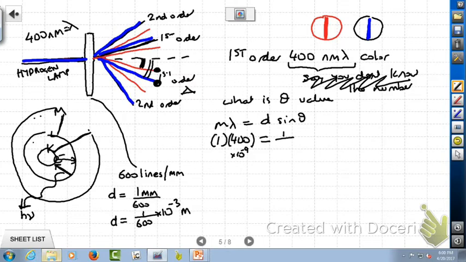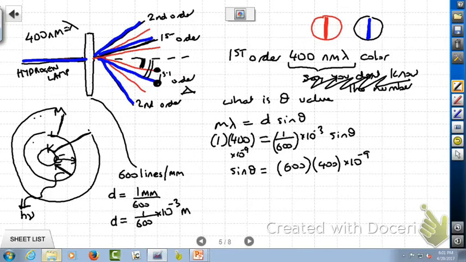And d is 1 over 600 times 10 to the minus 3, and that is sine theta. So sine theta is equal to 600 times 400 times 10 to the minus 9 over 10 to the minus 3,